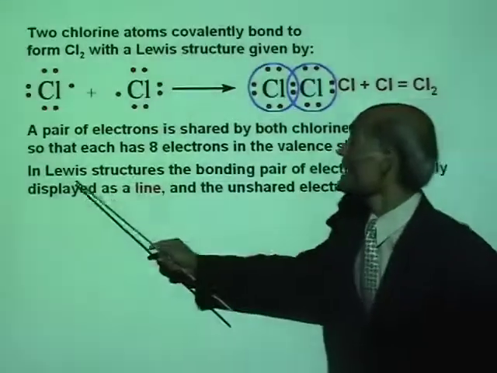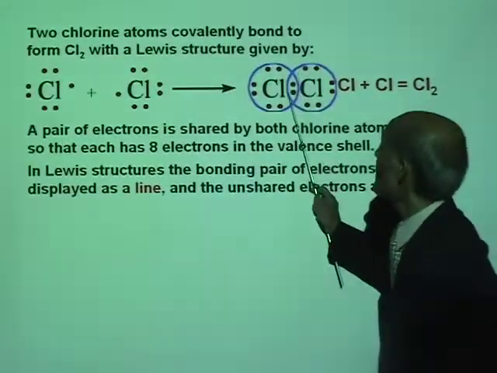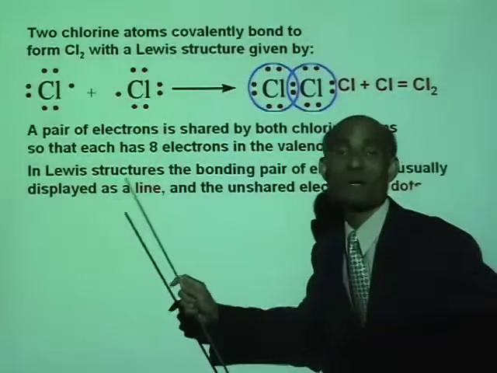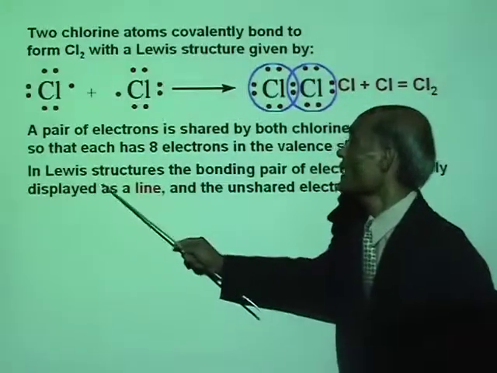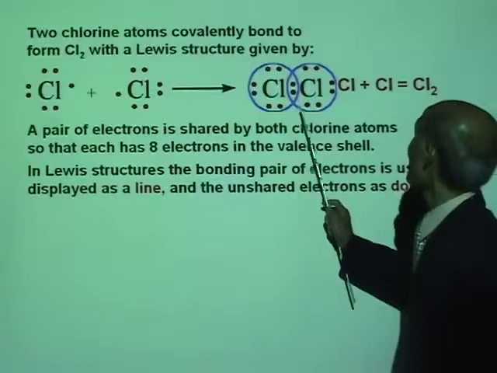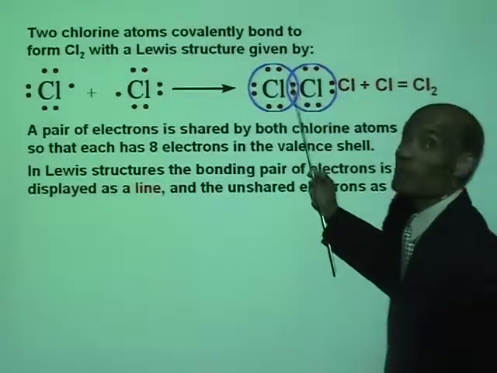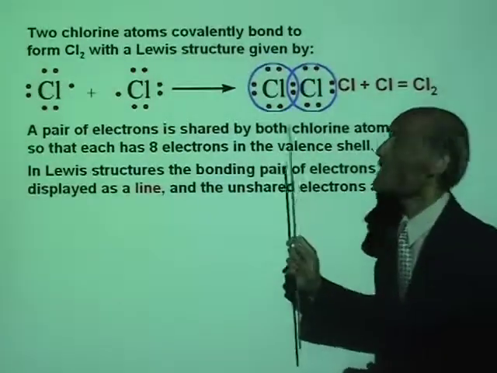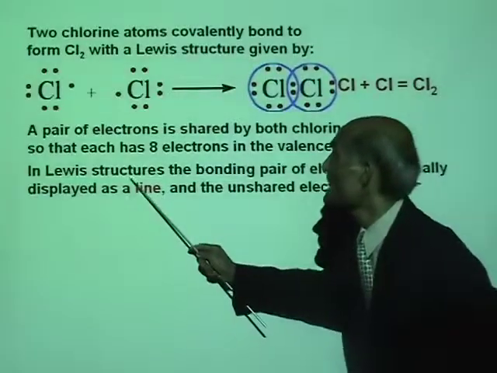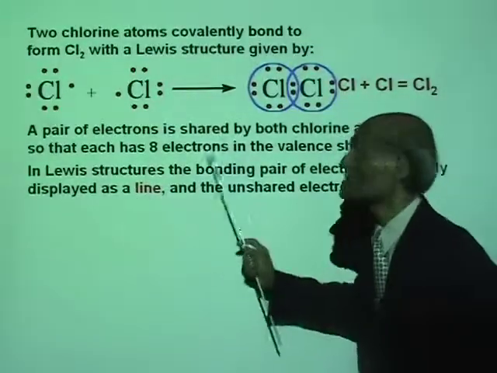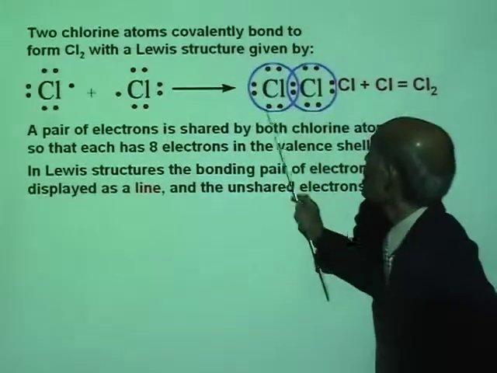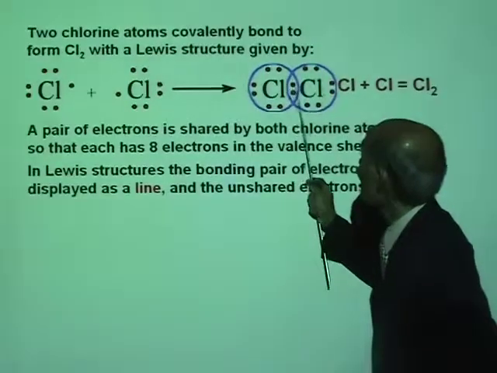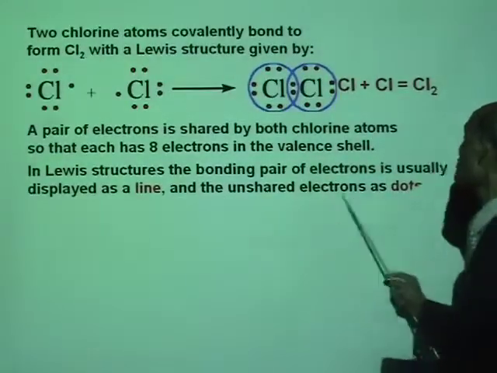Now in Lewis structures, there is another way of representing the Lewis structure, and look at the way that we're going to represent it. In Lewis structures, the bonding pair of electrons is the pair of electrons that creates the covalent bond. Each bonding pair is represented by a line. So I can remove the circle business and represent the pair of electrons by a single line,